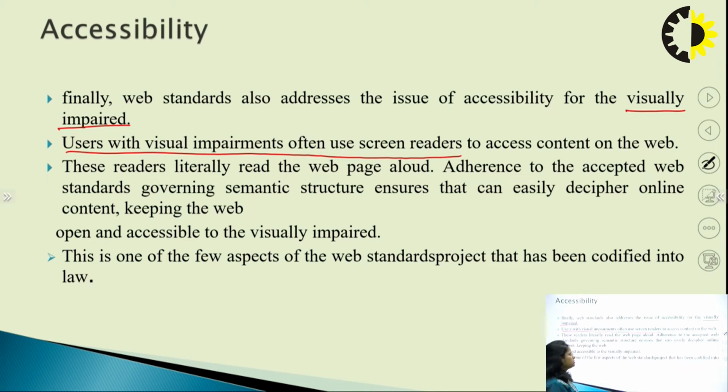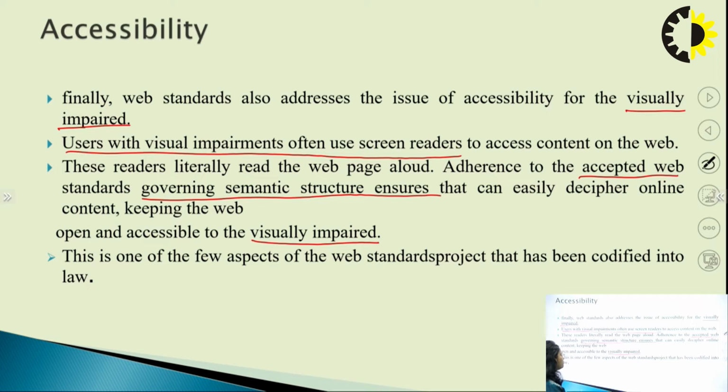These readers literally read the web pages aloud. Adherence to the accepted web standards governing semantic structure ensures that they can easily decipher online content, keeping the web open and accessible to the visually impaired.